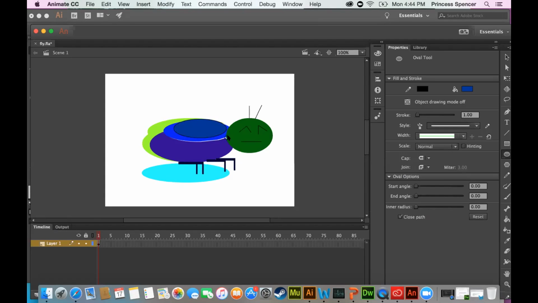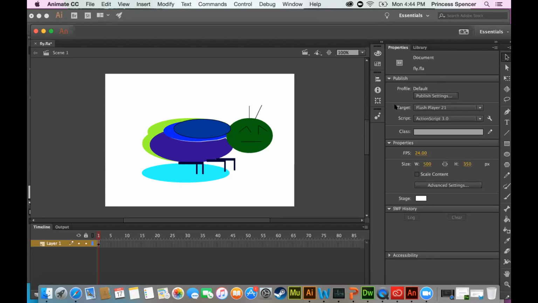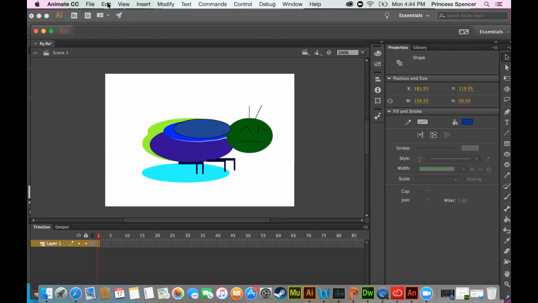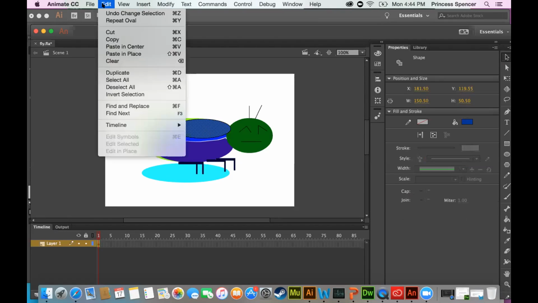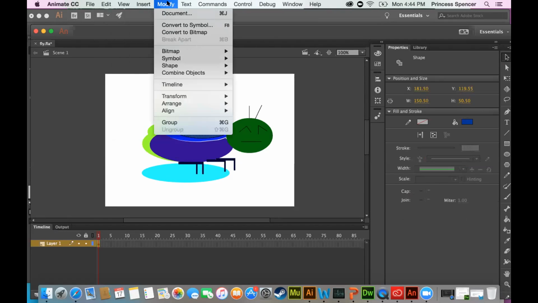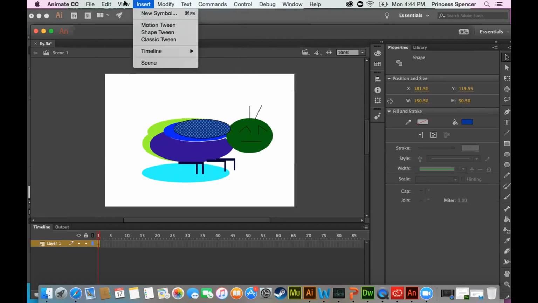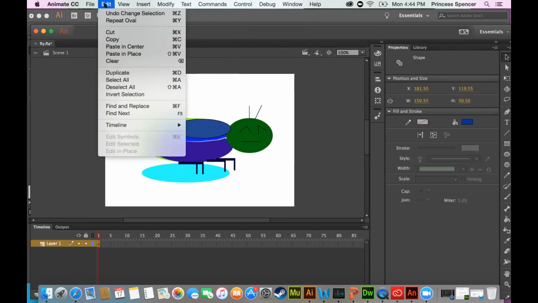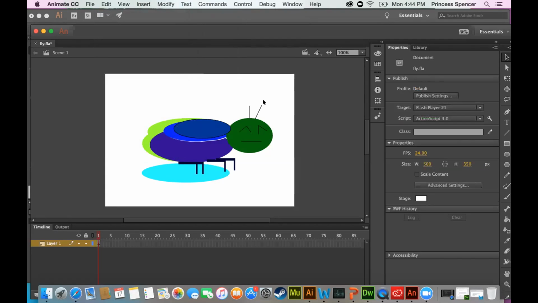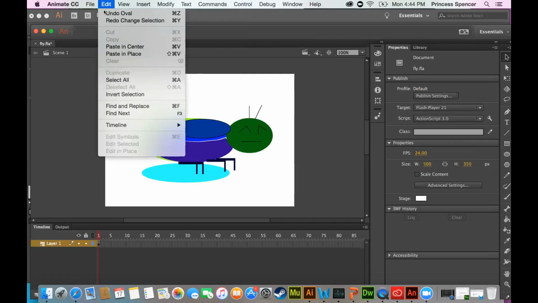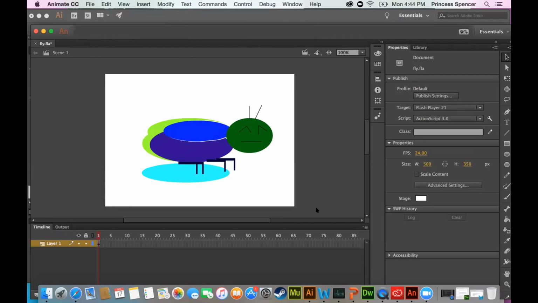Come here, not so close to the head. I suck at this. Yeah, you can just send that one to the back and make sure the head is at the top. Let's see. How do I do that? Oh, yeah, okay. What you can do is under edit, and we might actually have to go into the layers themselves. So if we went under window,